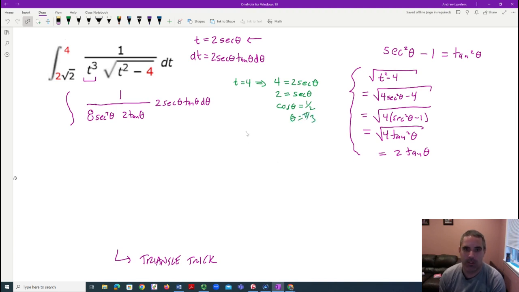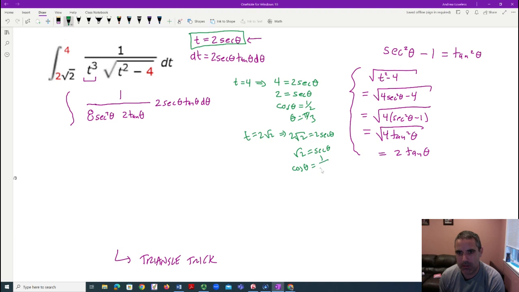Okay, similarly with t equals 2 root 2, I'm just plugging in right here. Everything we're doing is driven by this. Sometimes students forget that we know the substitution. So this is 2 secant of theta, which is the same as square root of 2 is secant of theta, which is the same as cosine of theta. This requires a little bit of ingenuity if you've never seen this before, but 1 over square root of 2,